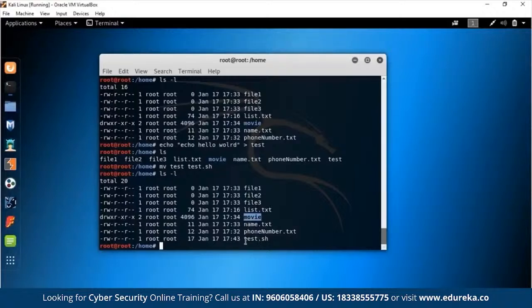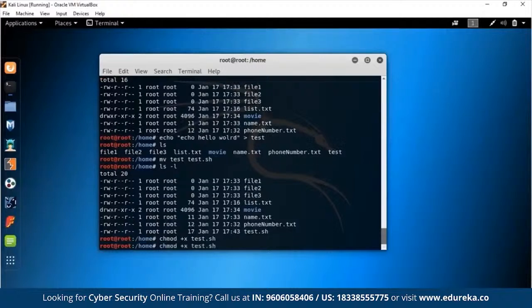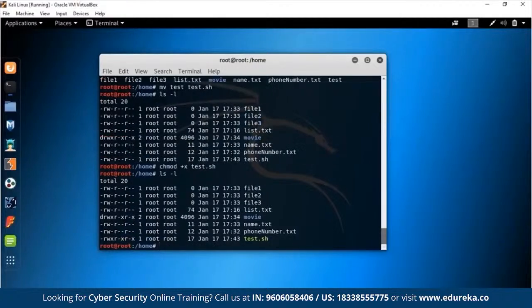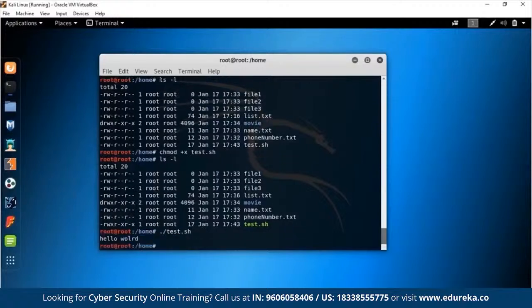So the way you can make this executable is by changing its permissions. You do that with chmod, and basically you change it to an executable. So plus x is making an executable. If you do plus r, it'll make it readable. And if you do plus w, it'll make it writable also. So if you do plus x and then test.sh, and now you do ls -l, you'll see that test.sh has become green because it is an executable file now. And now if you do dot slash and press T, you get test.sh if I press tab. So now it is an executable file, and if I execute it, it prints hello world onto my screen.